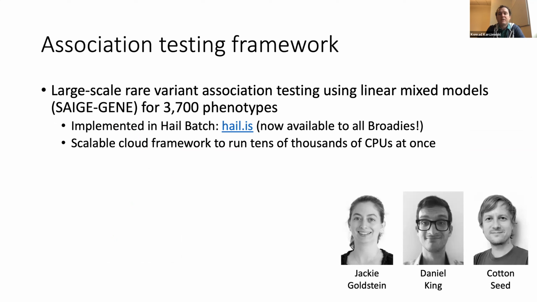Thanks to the Hail team, who built an incredible system for highly parallel analysis using arbitrary programs known as Hail Batch, we were able to run this pipeline using advanced linear mixed models implemented in SAIGE. This system, which can reliably run tens of thousands of CPUs and even got to about 100,000 simultaneous CPUs at its peak, allowed us to finish this analysis in less than 2 weeks, which is pretty incredible for something that would have been in the tens of millions of CPU hours.